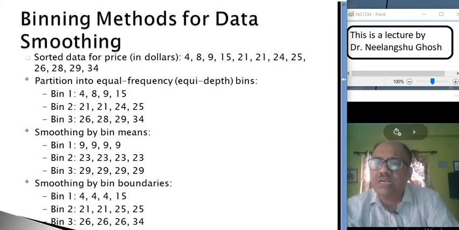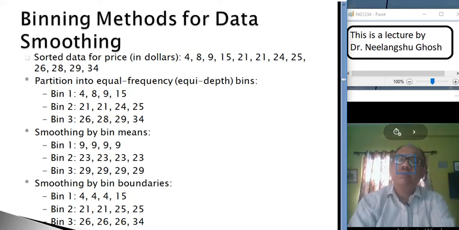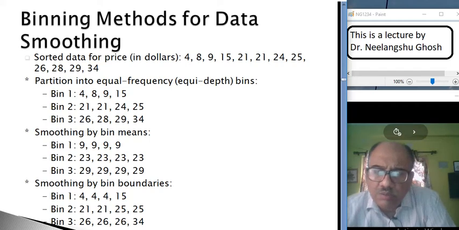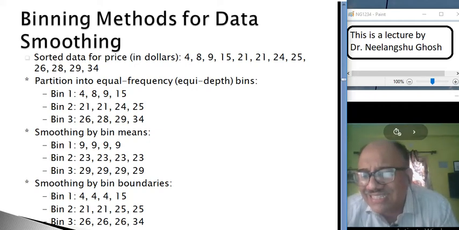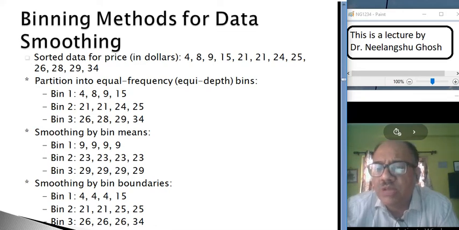In the second bin, the values are 21, 21, 24, 25. If you take the mean, the second mean is 23, so you allot all the values as 23. So this is smoothing by bin means.